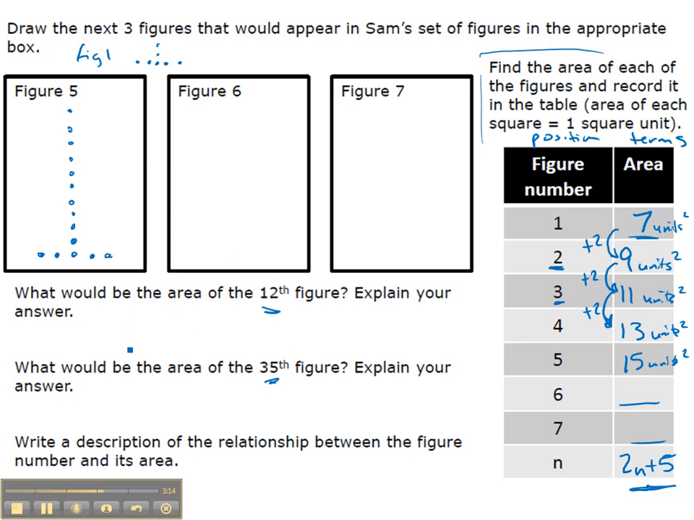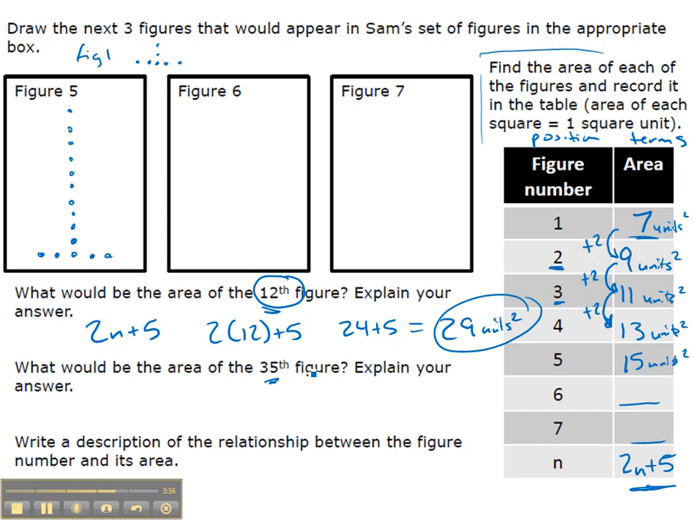So now that we know the sequence and we figured out the rule, we can use that rule, 2n plus 5, for any n like 12. 2 times 12 plus 5. 2 times 12 is 24 plus 5, and 24 plus 5 is 29. So 29 units squared. I'll let you figure out the area of the 35th figure,